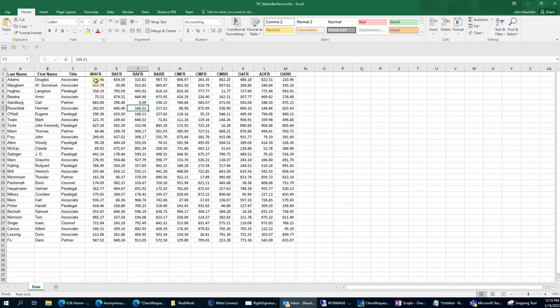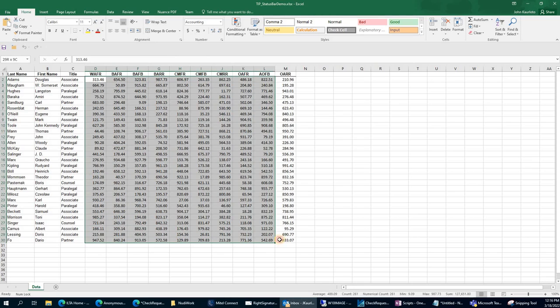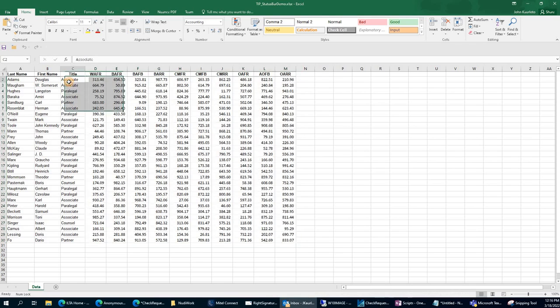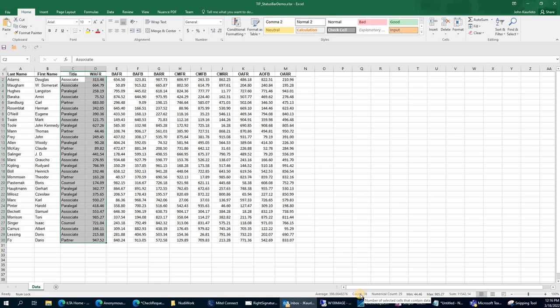You could highlight the entire range of data or numerical values and get the gross sum, the total sum. The difference between count and numerical count: count counts all cells, numerical count counts only number cells. That's why there's only half the number. So again,